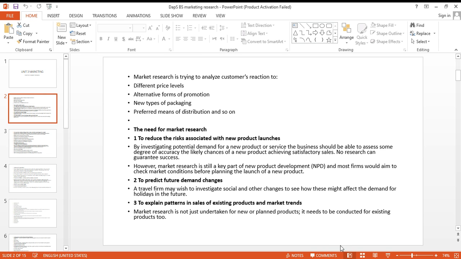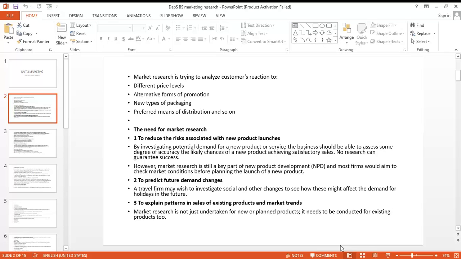And today I'm going to discuss with you an important chapter as far as marketing is concerned, and especially it is important with reference to the market approach to marketing, which says that you first need to find out the needs and wants of the customer and then try to satisfy them accordingly.